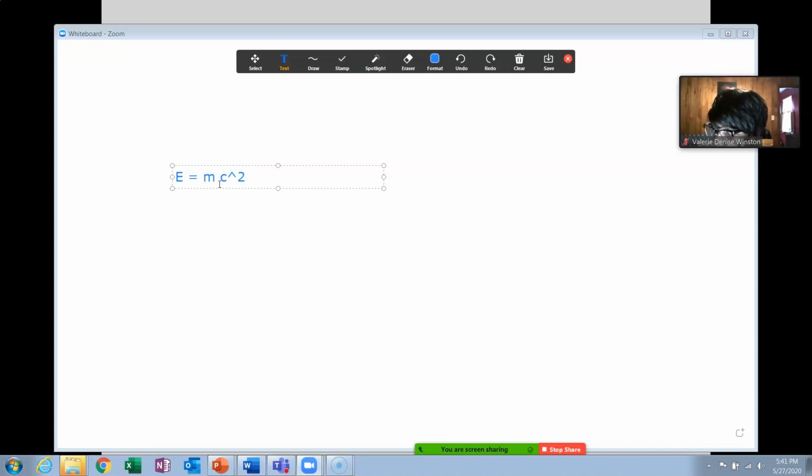186,000 miles per second is almost 200,000 miles per second. That'd be 2 times 10 to the 5th. Square it, that would be close to 4 times 10 to the 10th. That would be 40,000,000,000, a huge number. 40 billion, I think it is.